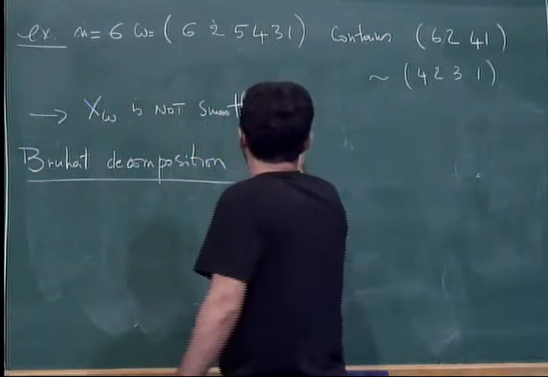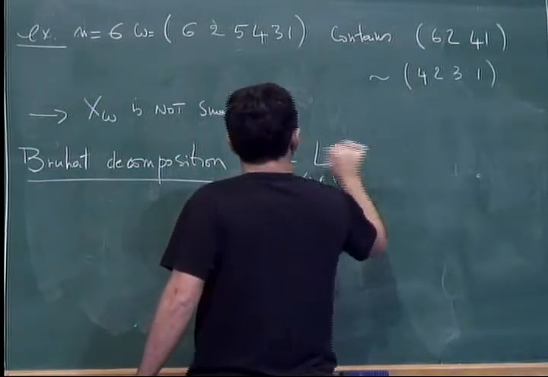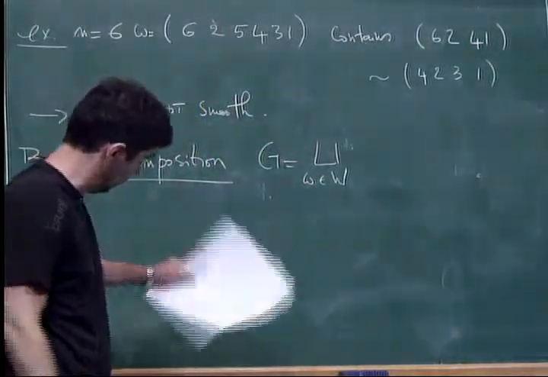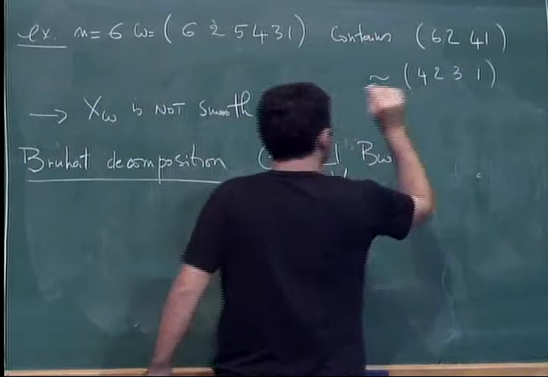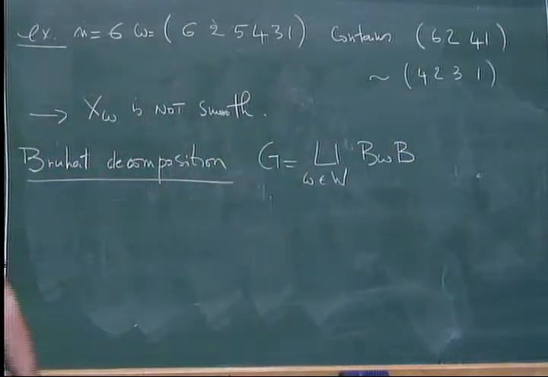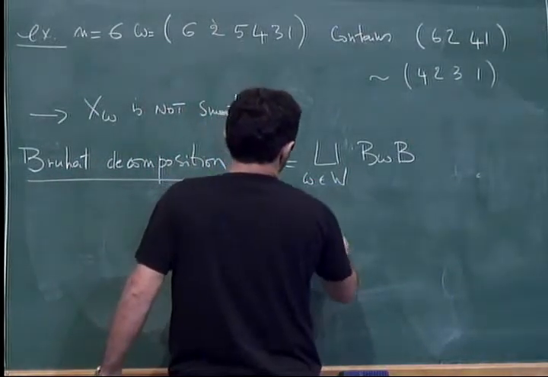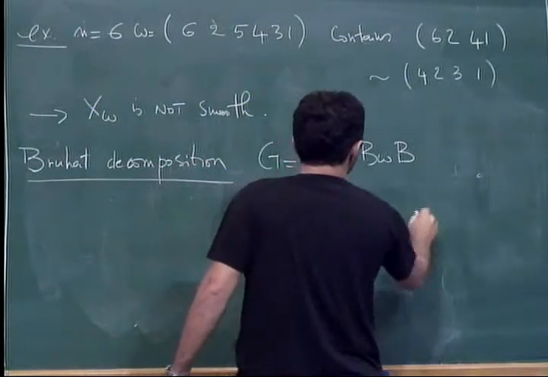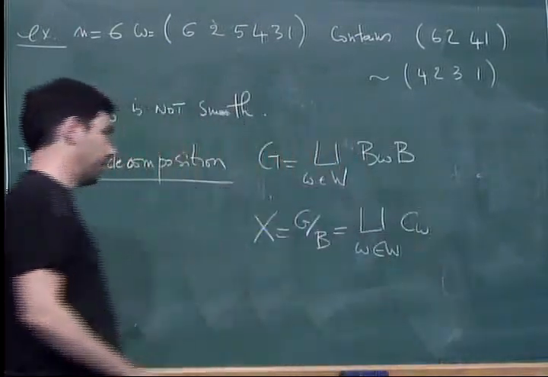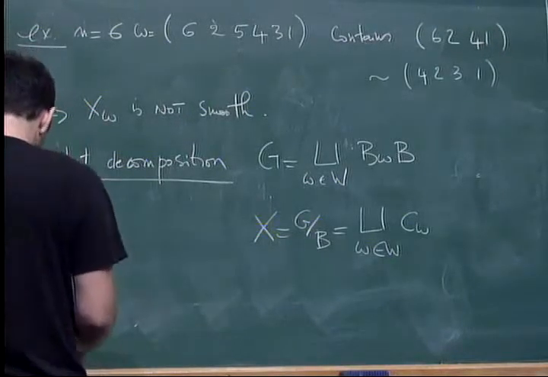So G is exactly the disjoint union over the elements of the Weyl group of B w B. So in particular, X = G mod B is the union of the Bruhat cells, and